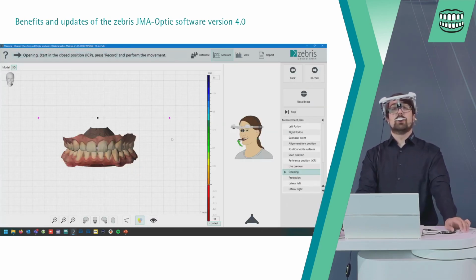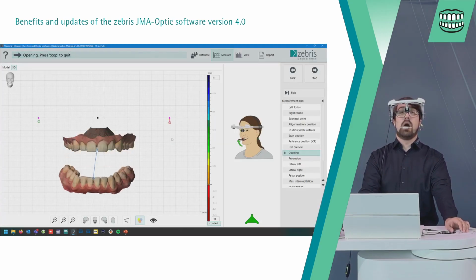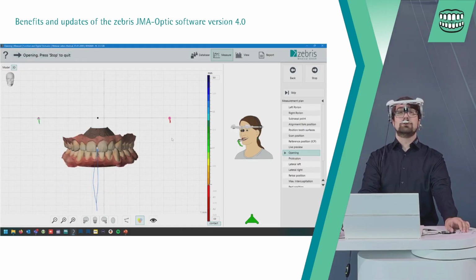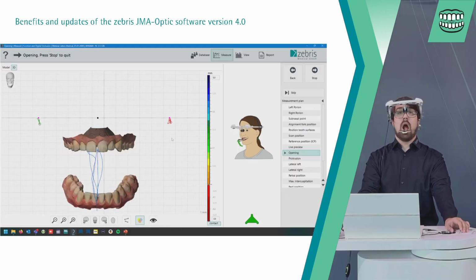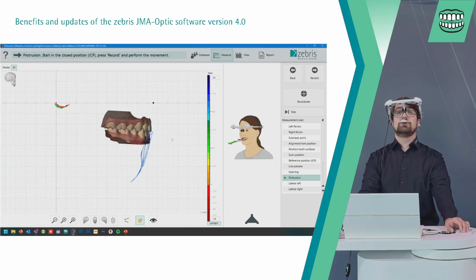Then we start with the opening movement. Again, four times. Now protrusion.